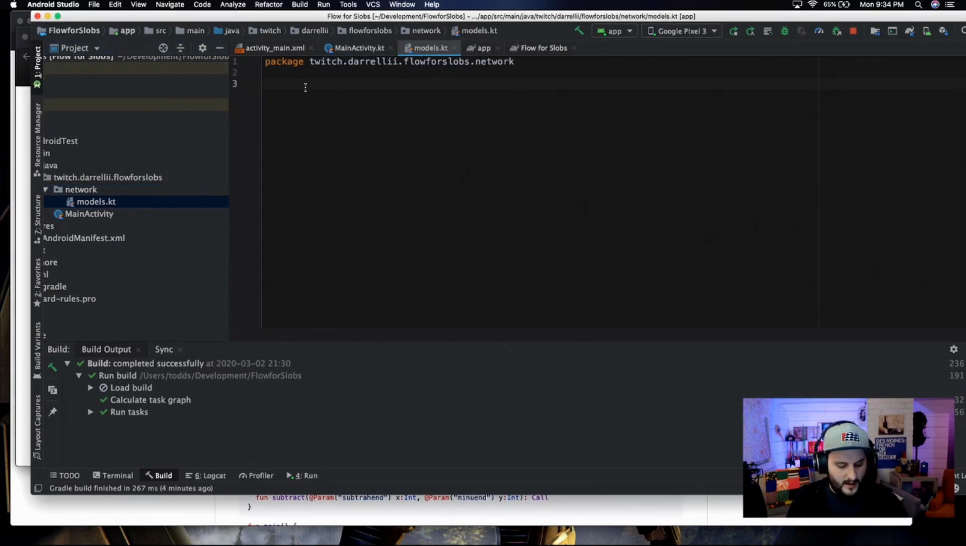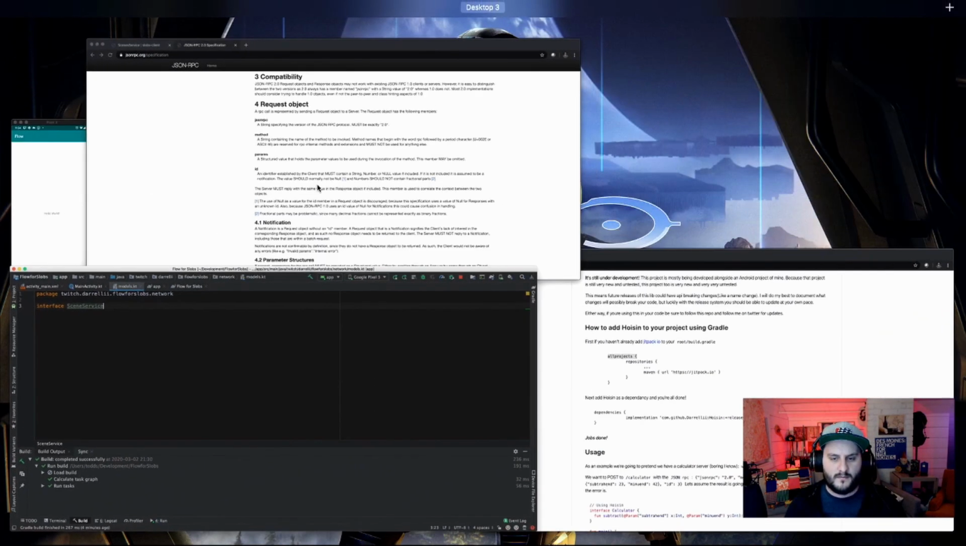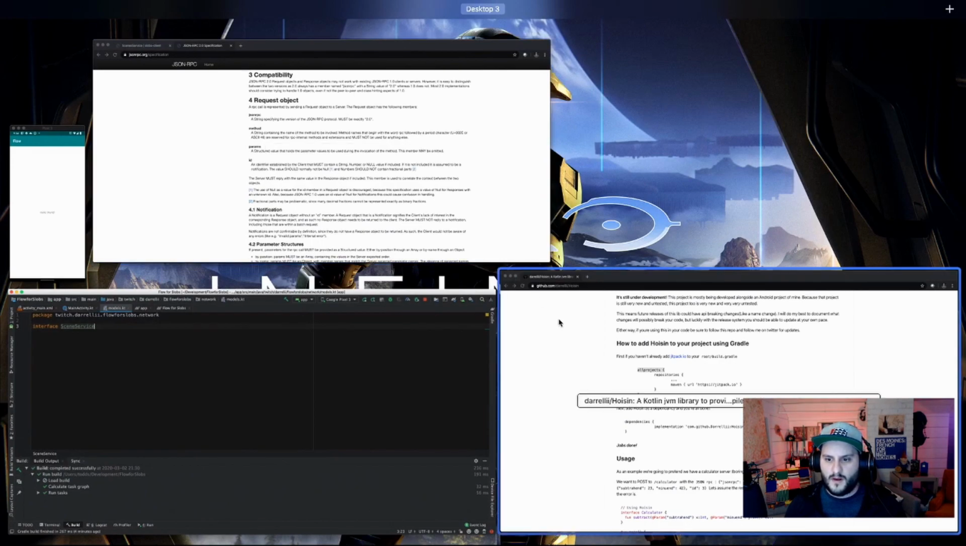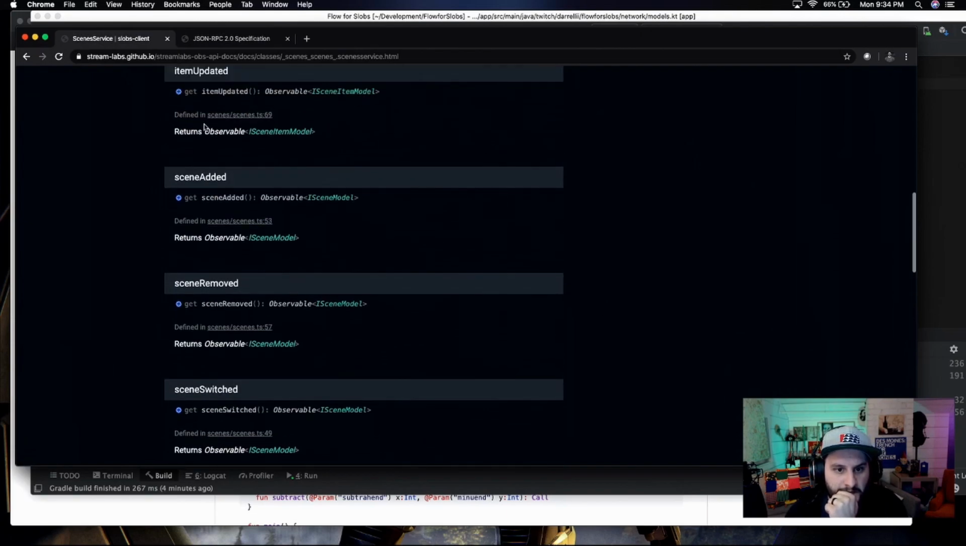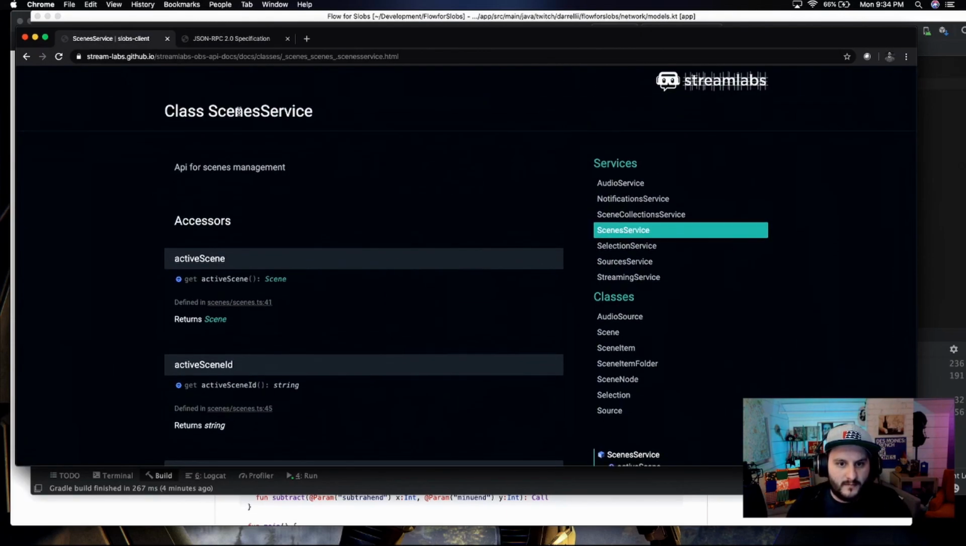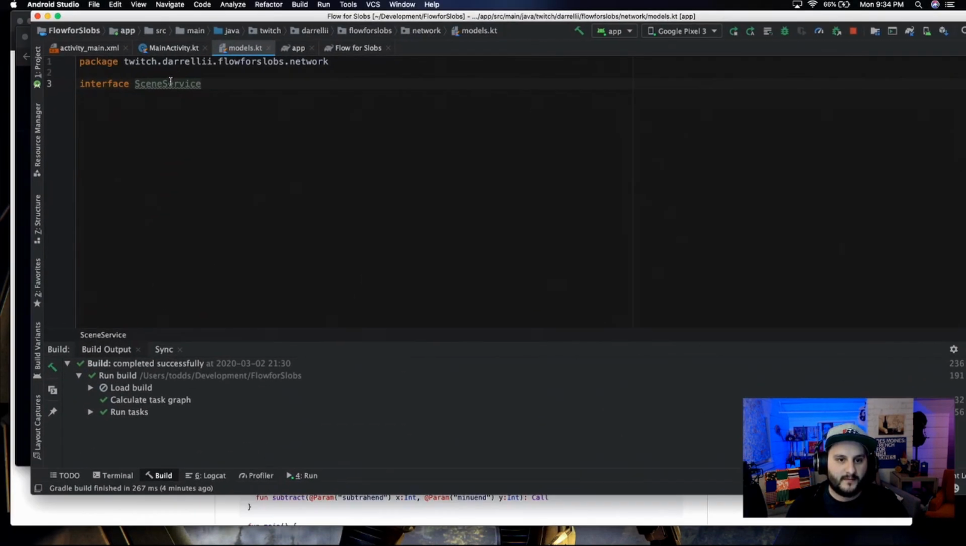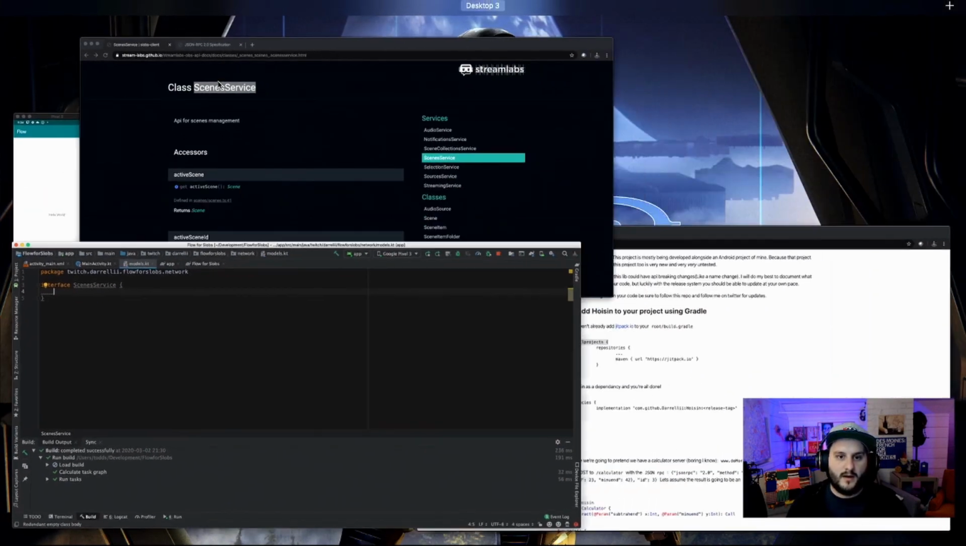Cool. And here, interface, scene service. When you look back at this, oh, I'm glad I came in to copy and paste this. Scenes with an S service. Cool. Then